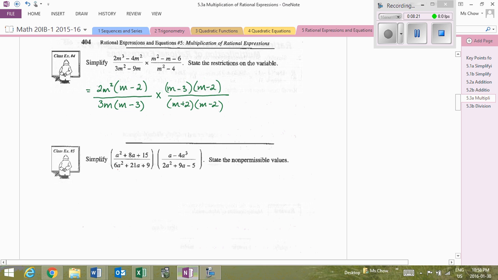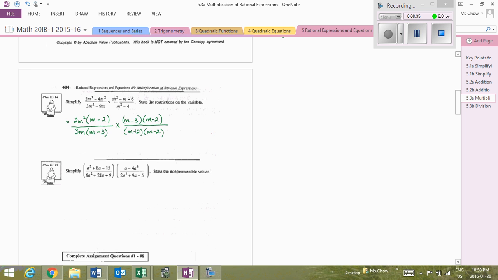So when we get to that next one, I'm going to probably factor this last one last. I'll probably take out a factor of 3, but after that, I'll factor that at the end and take a look at what the other ones look like as a big clue. So looking back at class example number 4,